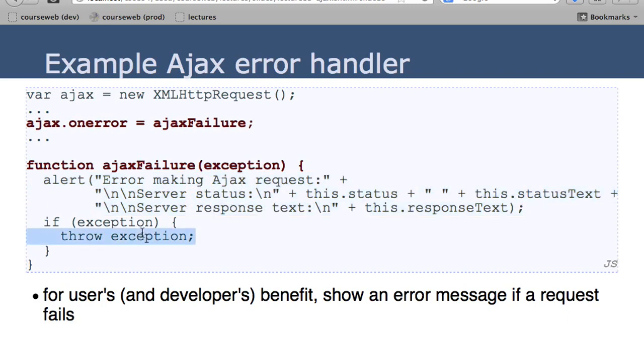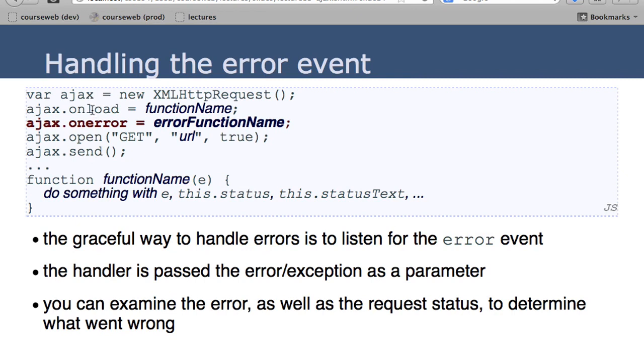So I think the Ajax object is very similar to the document object when we think about event handling. Does add event listener work for Ajax? That's a really good question. He said the event handling for this Ajax object, where we're attaching an onload event handler and an onerror event handler,